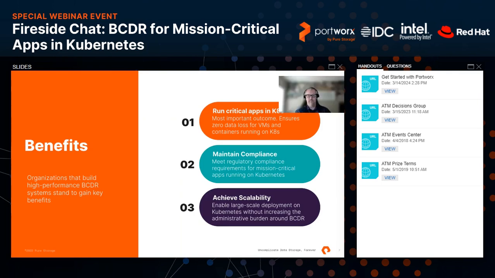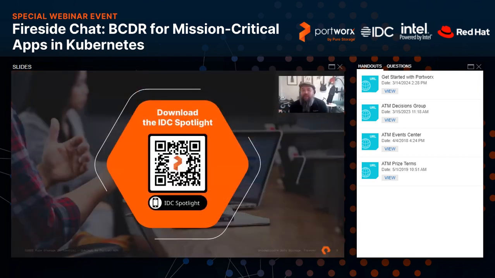Couldn't have said it better myself. Well, perfect. For all of this, I'll give a plug for this IDC report. If you have not read it, I learned a ton. Would really encourage taking a look at it. It really clarifies a lot of the challenges. So a lot of what we talked about here, but a lot more detail there. So Johnny, wonderful job with this. Really, really enjoyed reading it.